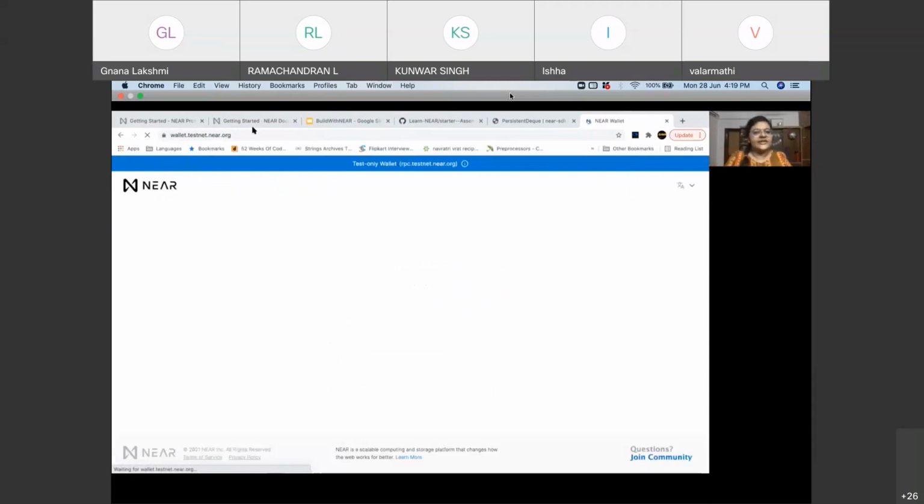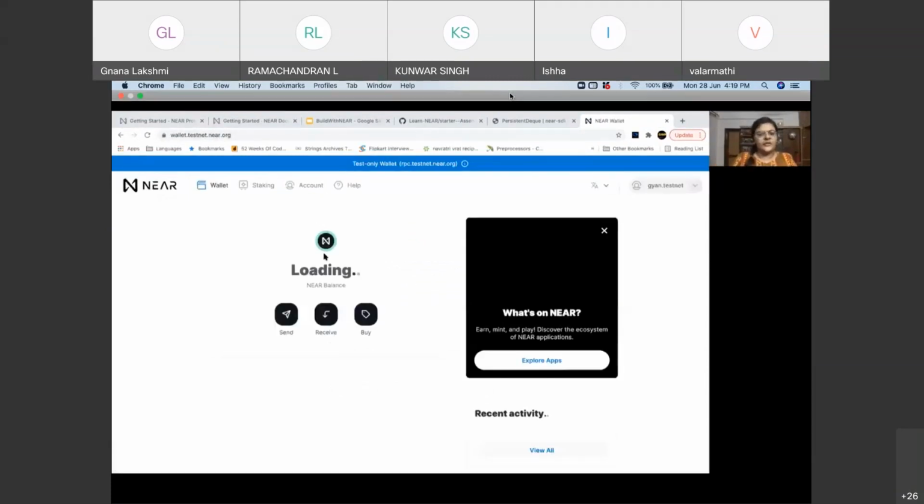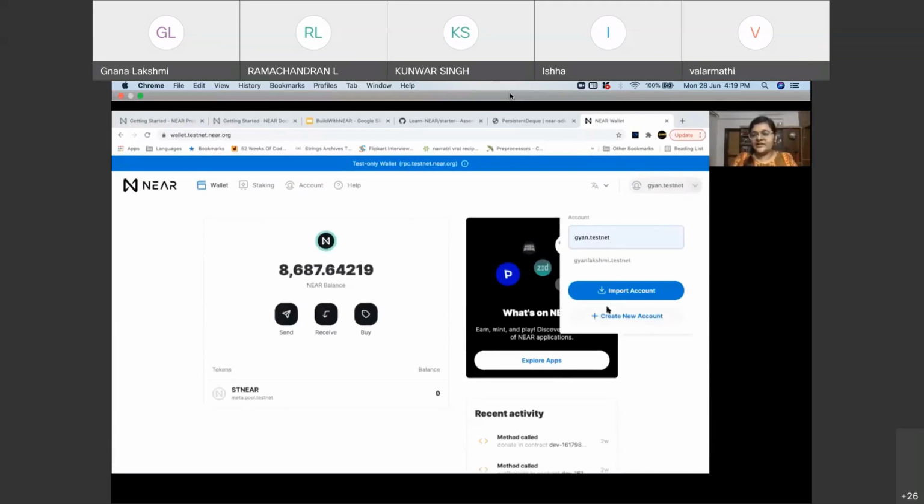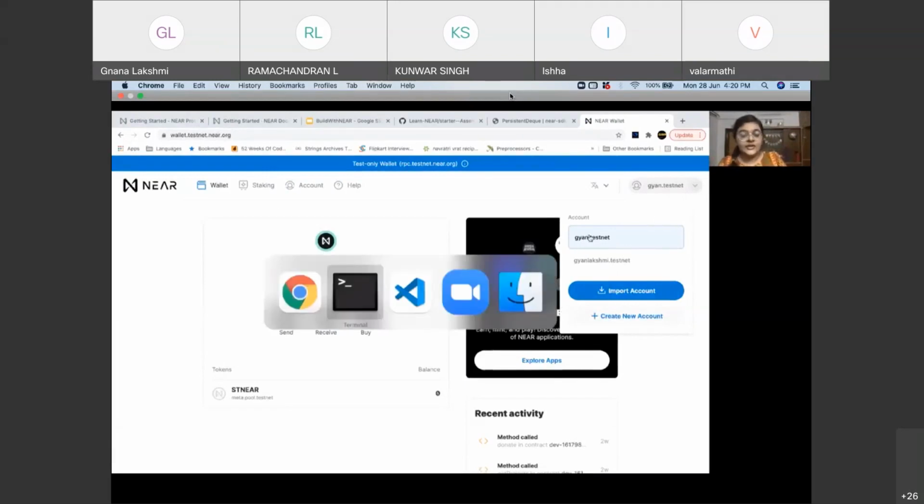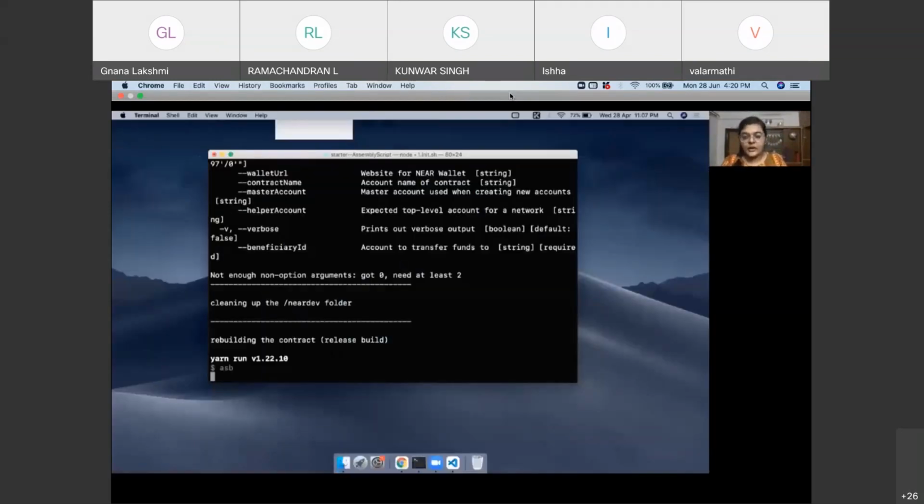But you can see that at wallet.testnet.near.org, my testnet wallet has automatically opened, but you can also create your own testnet wallet. You can create a new account once you go here and you will have your testnet. And you can use near login to actually log in to this particular testnet.